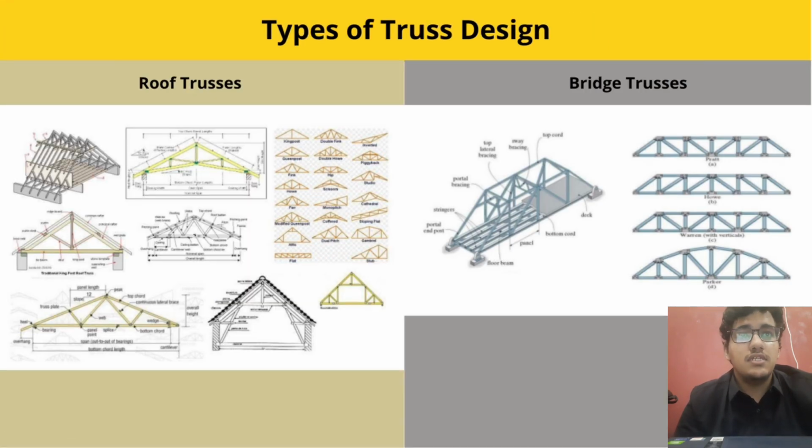For roof trusses, they are typically included in the framework of industrial structures. The roof load is transferred to the truss at a joint by a set of purlins. On occasions, knee braces are used at the supporting column to maintain the frame stiffness and increase its resistance to horizontal wind forces. But for bridge trusses,